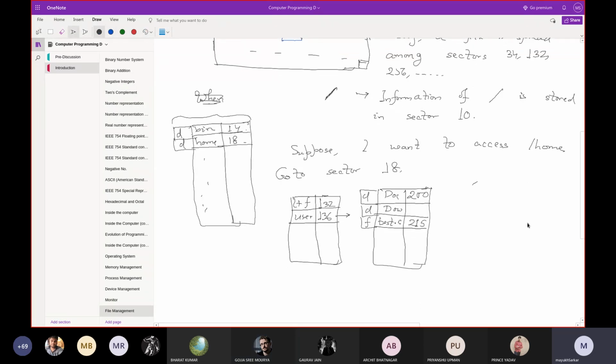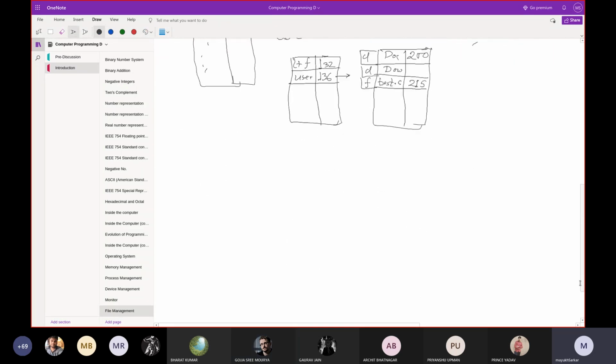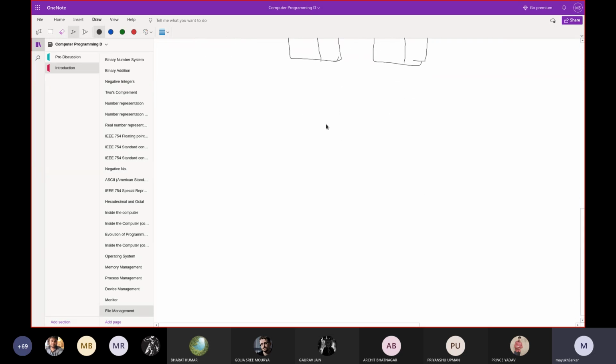So you can think about it this way, that the files and directories in Linux stay in a tree-like fashion. So there is the root directory, and under this there is a bin directory, there is a boot directory, there is a home directory, and so on.